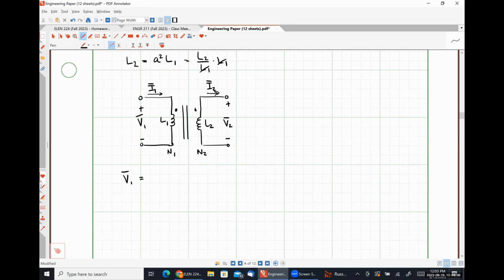So V1 should be j omega L1 I1 plus, or minus, a omega M I2. Oh, I forgot an I1 here. Based on everything we've been doing for the last several days, did I screw up any signs or anything like that? Nope. Okay. So now we're simply going to